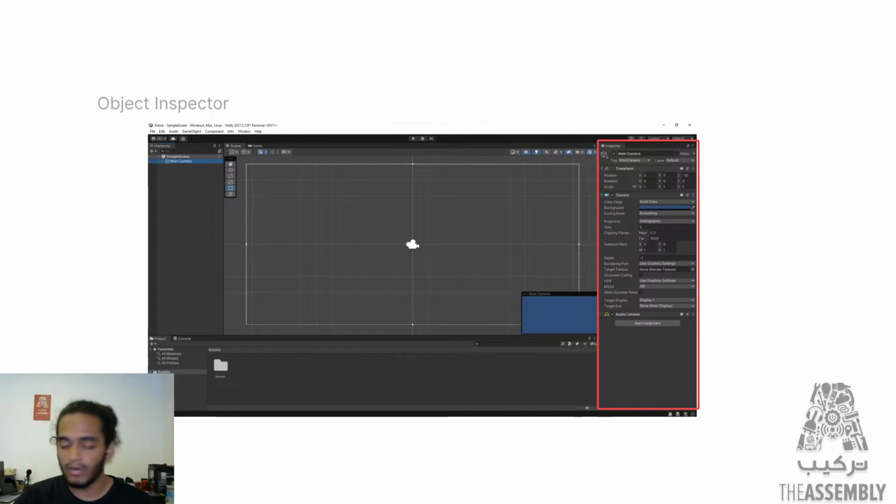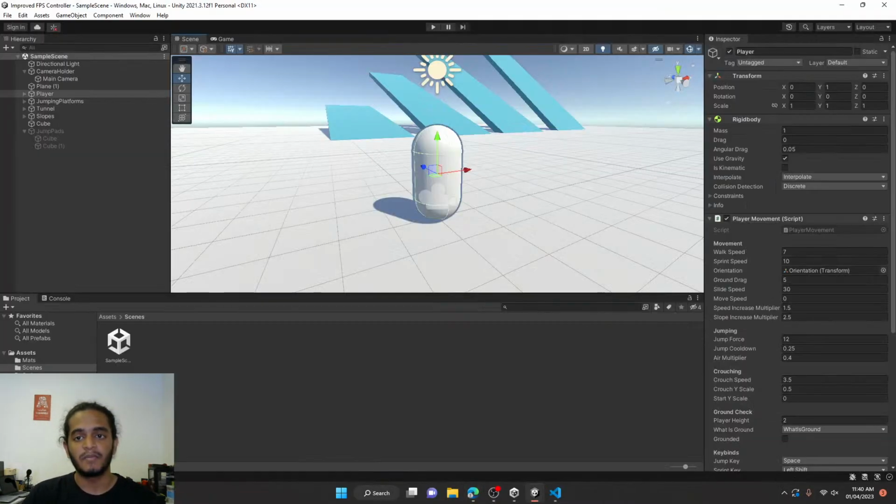So what happens here is each object is comprised of different components. Now, C# is an object-oriented programming language. I'm sure you guys know what that is. And anything can be described as an object, and those objects have different attributes to them. So the equivalent of that in C# is components. For example,